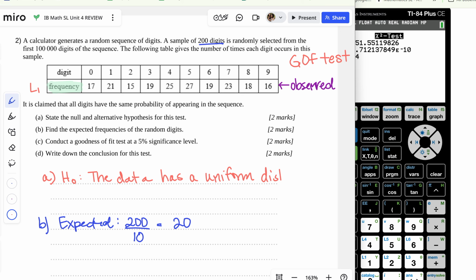And then our alternative in this case would be that it's not. And yes, you have to write all of the words on your test. The data does not have